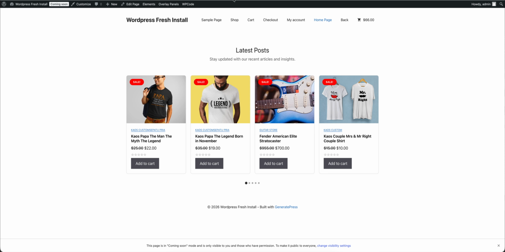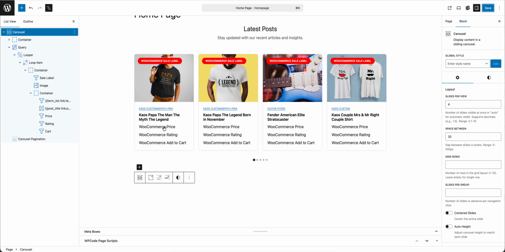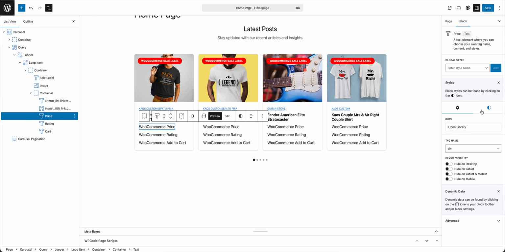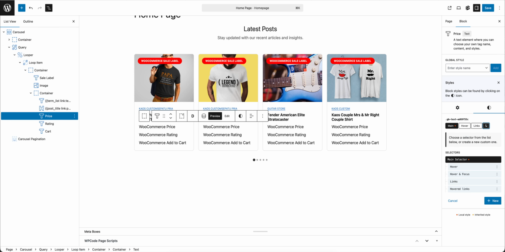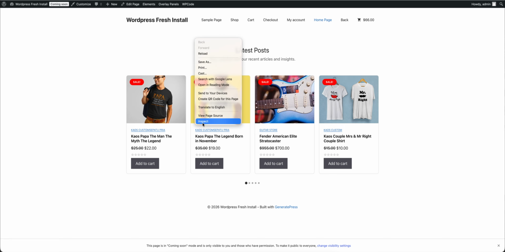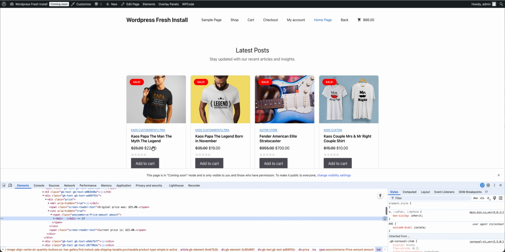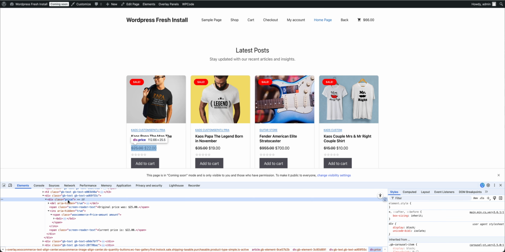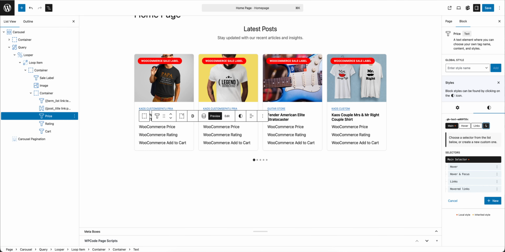Now, styling the price. On the price, we need to add a selector here. You need to use inspect element to find a selector. Just click here, and then the price. So the selector name is price. Copy this one, go back to the page, under the price on the style and selector here,